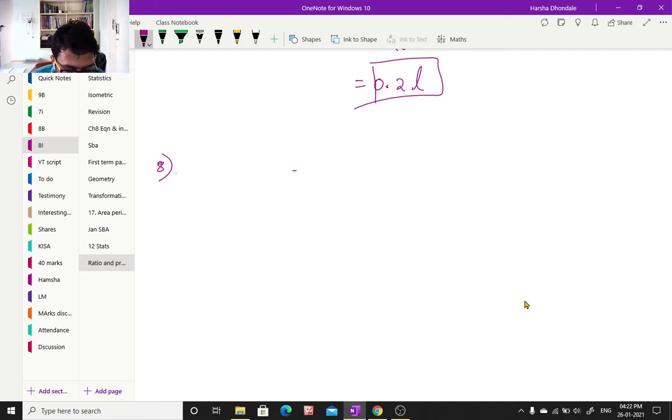8th one. Two different types of gray paints are mixed from black and white paint in the ratios shown below. Paint A is gray, paint B is also gray, but paint A has, if it has 5 liters of black paint, then white paint is 8 liters, or whatever you want to call it. 5 is to 8. If it is 5 ml, then 8 ml. 5 liters, then 8 liters, like that. And paint B is 2 is to 3. Which paint is darker? Come on, seriously, do they ask this question?